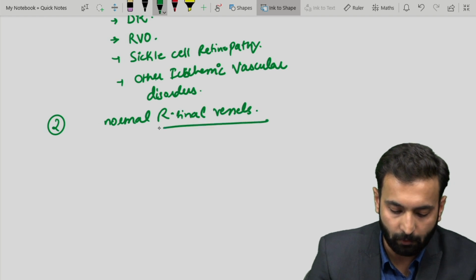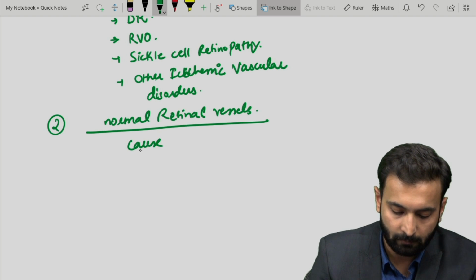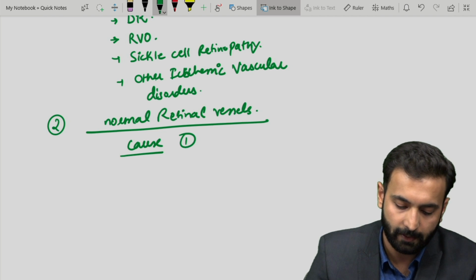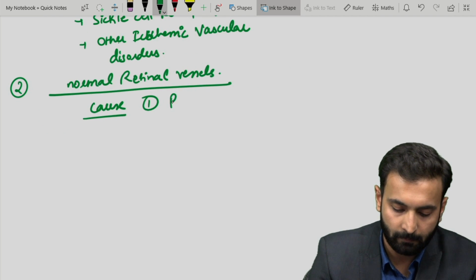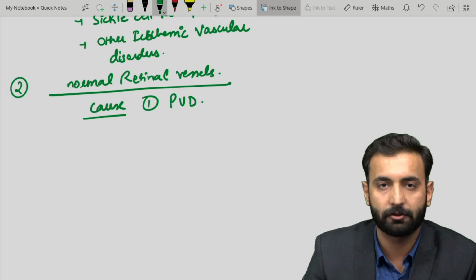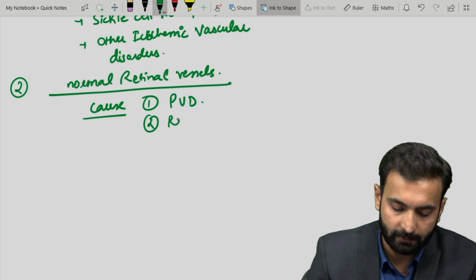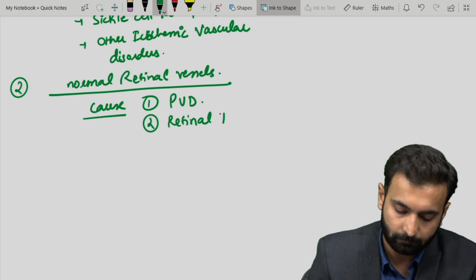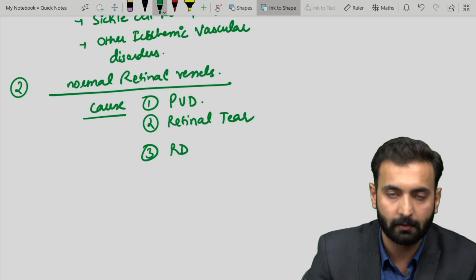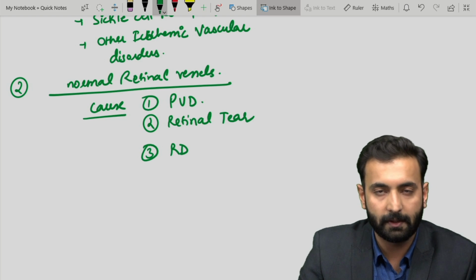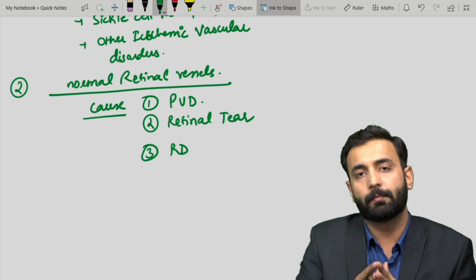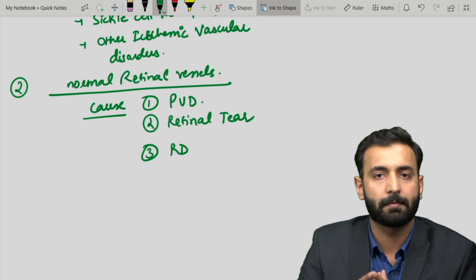So, for the rupture of normal retinal vessels, what are the causes? First cause is posterior vitreous detachment. Second cause is retinal tear, and third cause is retinal detachment. So, these are the basic and the most common causes of vitreous hemorrhage you should keep in mind, and